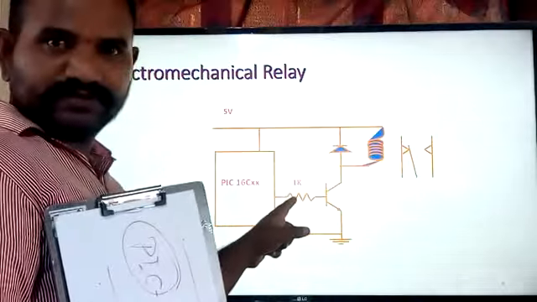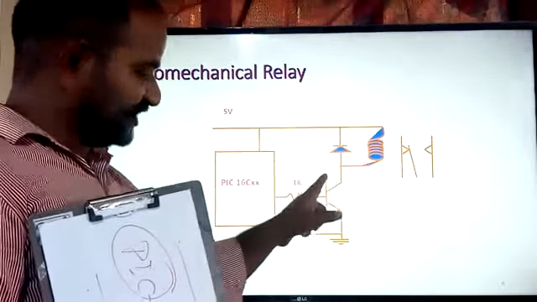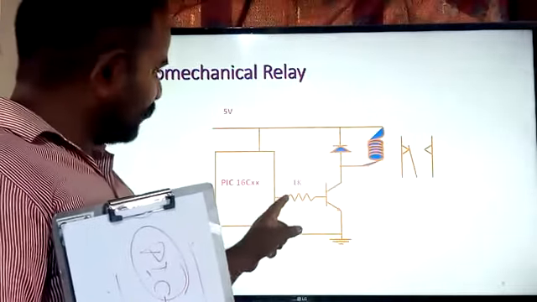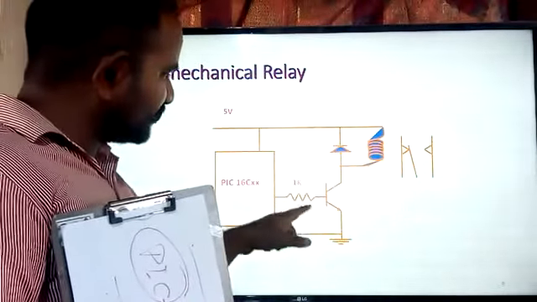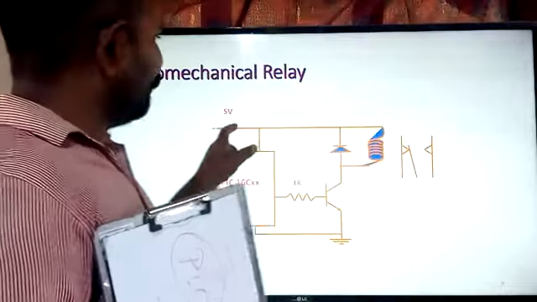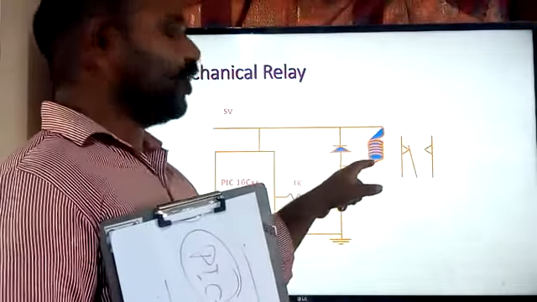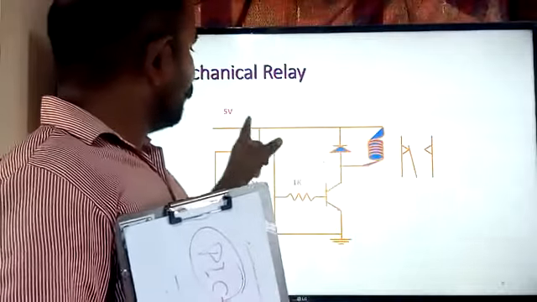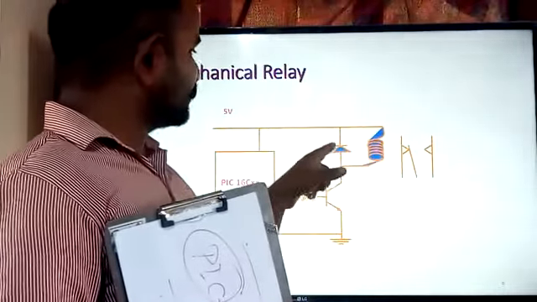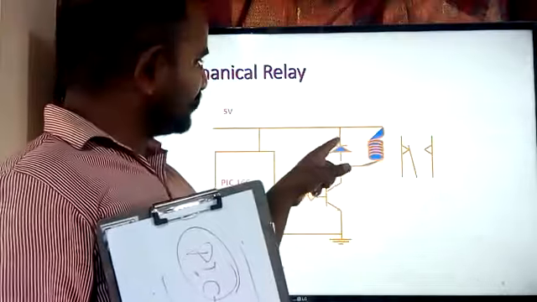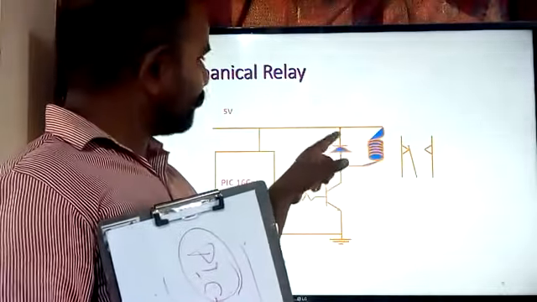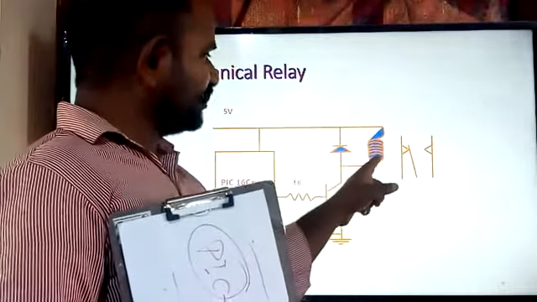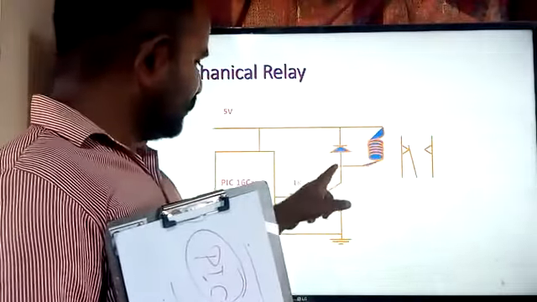Now I am going to turn on this particular BJT by sending plus 5 volts. This BJT is acting as a current amplifier, and I turn it on by applying the plus 5 volts over here. When you turn on this BJT, the maximum current passes through this coil. Why? Because the positive terminal of plus VCC is connected to the negative terminal of the diode, so the diode is in open circuit and no current passes through it. The entire current passes through this coil, and as it is turned on, it is bypassed to the ground.